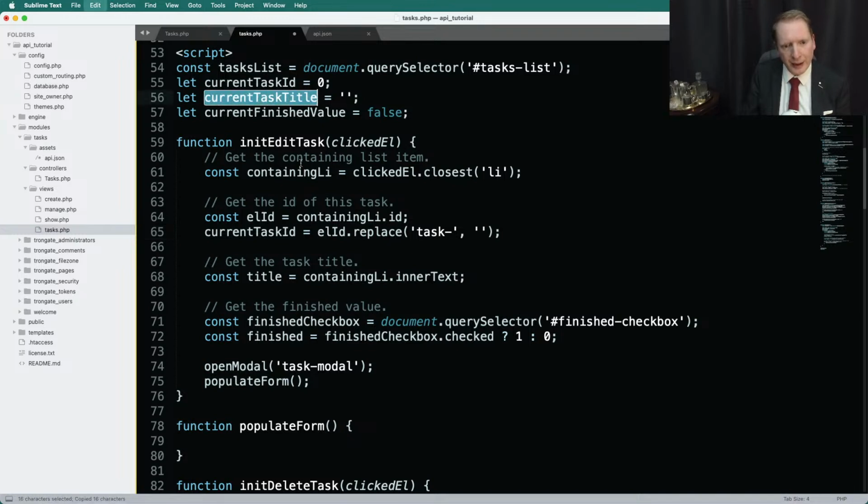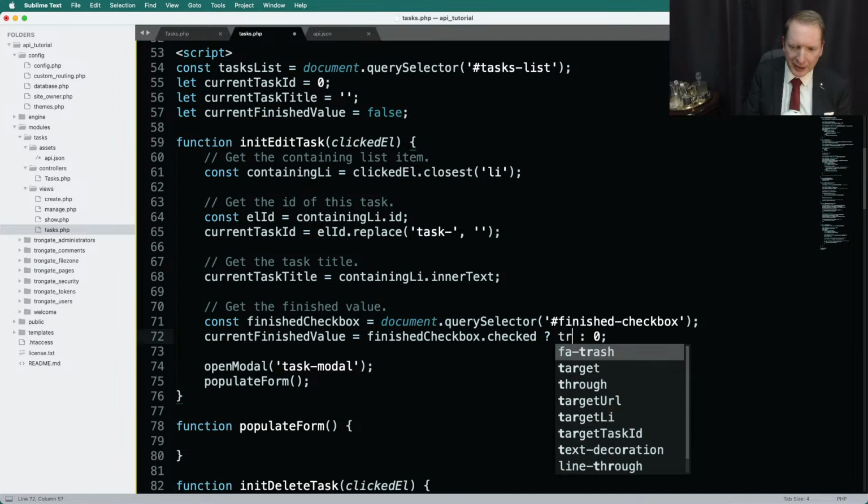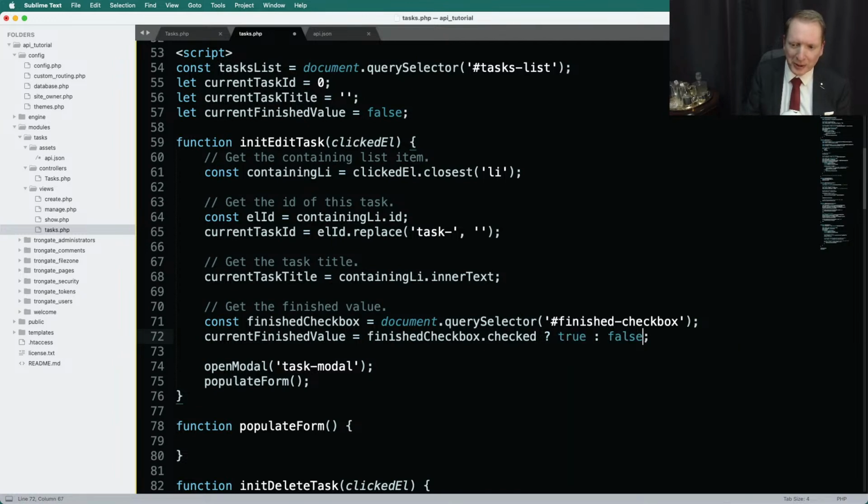I'm going to get the current task title and change that. Then I'm going to get the current finished value. So let's just say current finished value. And by the way, I think I made a mistake. That should be true or false. Okay, there we go. All right. Now, when we populate the form,